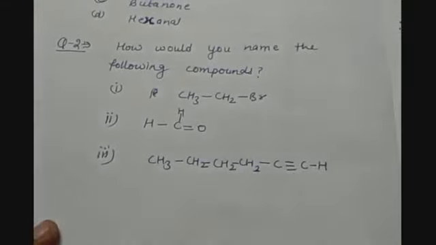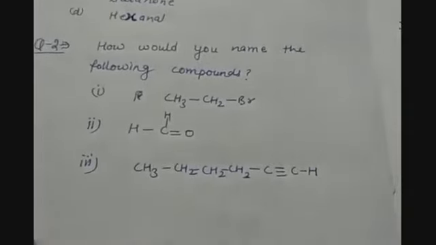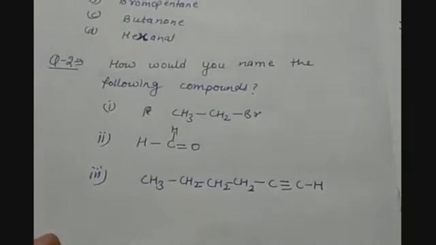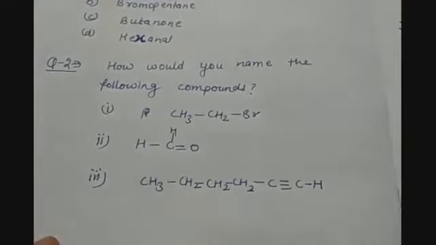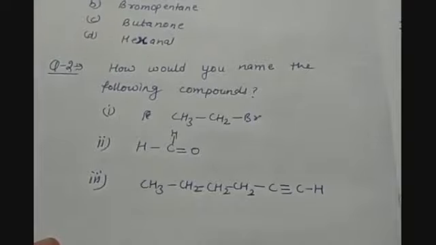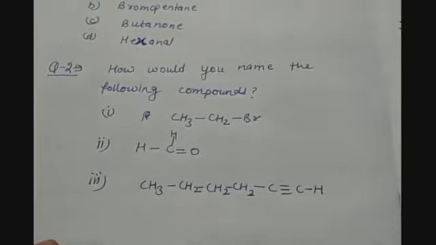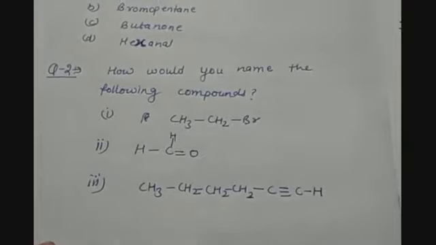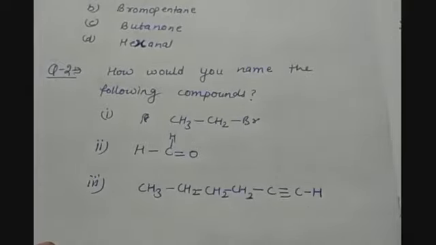So this is your homework for lecture number 9, and keep practicing the nomenclature of all these homologous series, like we have done for alkanes, alkenes, alkynes, haloalkanes. Along with it, we have done today the nomenclature for alcohols, aldehydes, carboxylic acids and ketones. The more examples you do for naming, the more it will clear your concept.